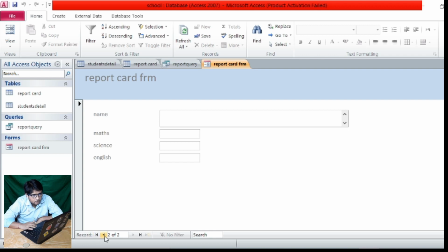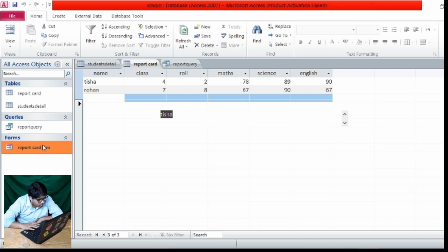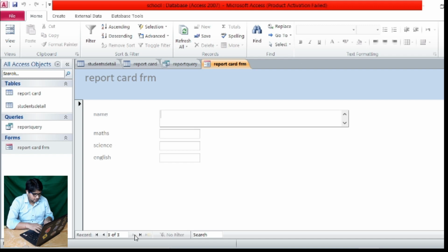Close it. Now I will open the form again and see, this is the first student's number and this is the second student's number. At the time I didn't press the enter button. Okay, now if I want to enter someone's data here, I click here. Name I give